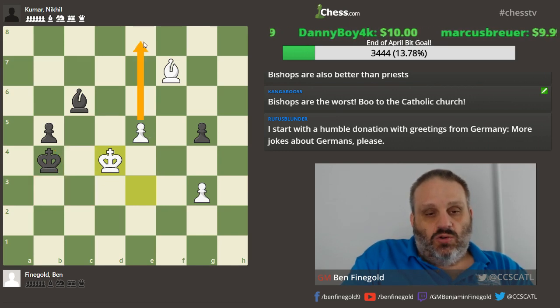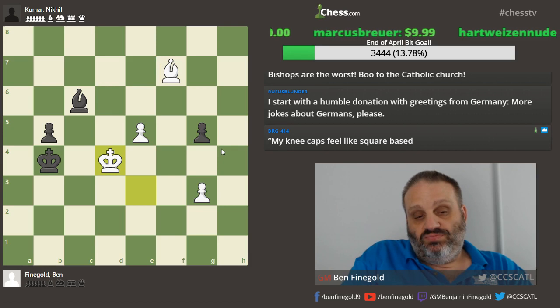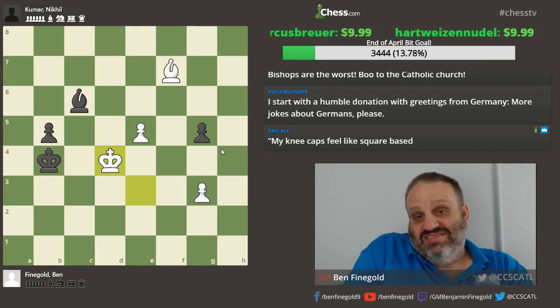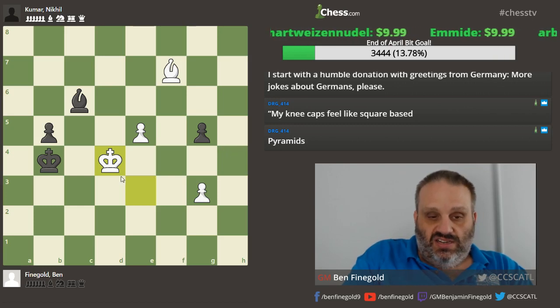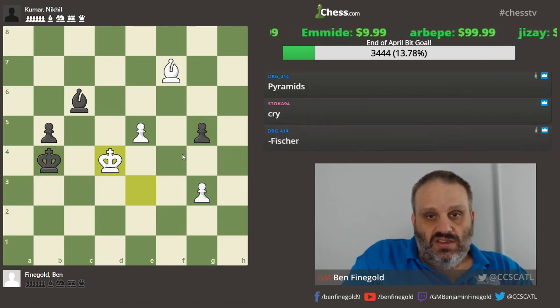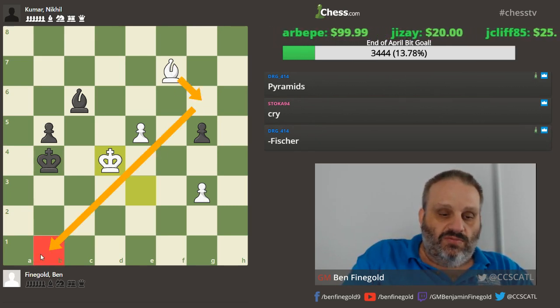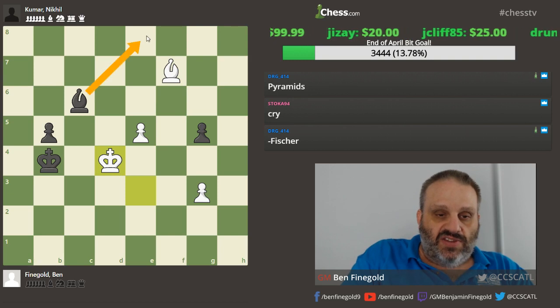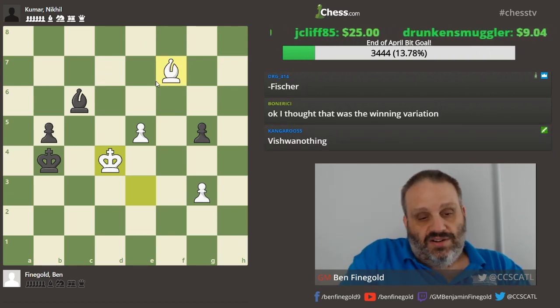So I'm going to queen, take his bishop, and then I'm going to go win this pawn. What's he going to do? I don't know. Resign? So that was a pretty easy win, B4, because his king can't participate in the game anymore. The best he can hope for is I sacrifice my bishop when he promotes, he sacrifices my bishop when I promote, and then I win. That's the best he can hope for.